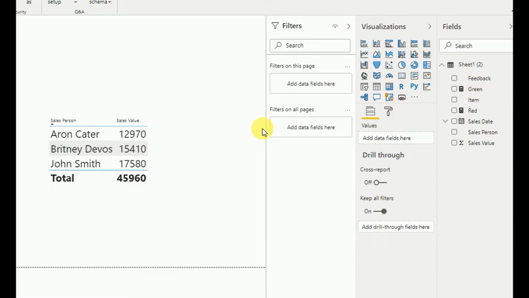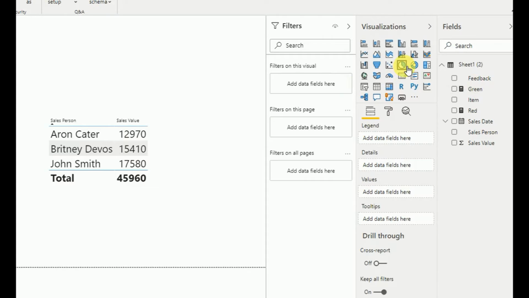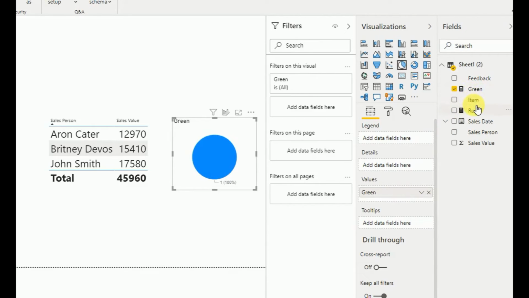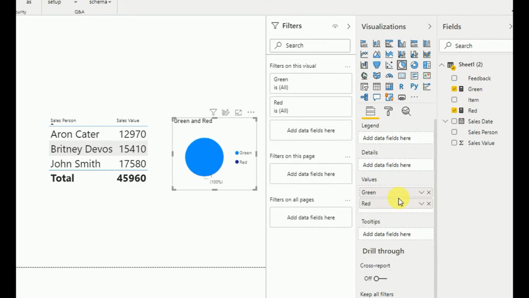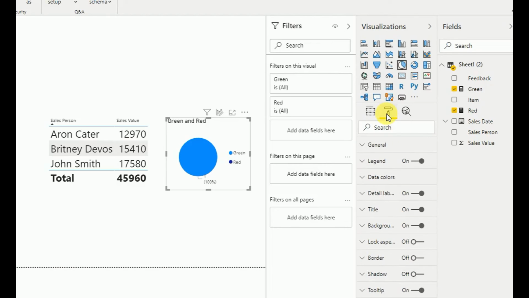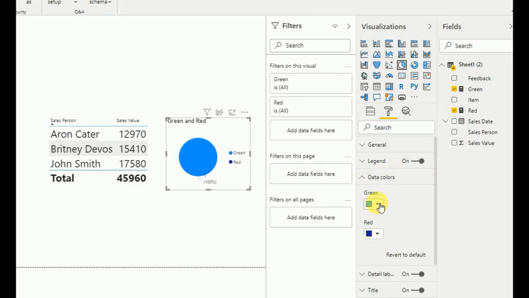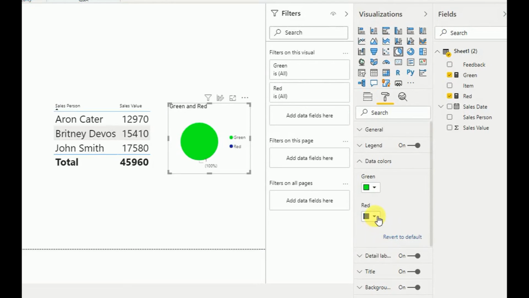Now it's time to add a pie chart. I add a pie chart here, and for the values section I add these two measures which I created. Now I have to go to the format section, and when it comes to data colors, for green I set green, and for red I set red.